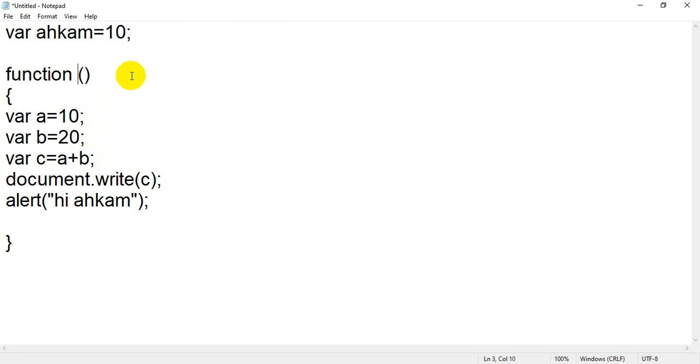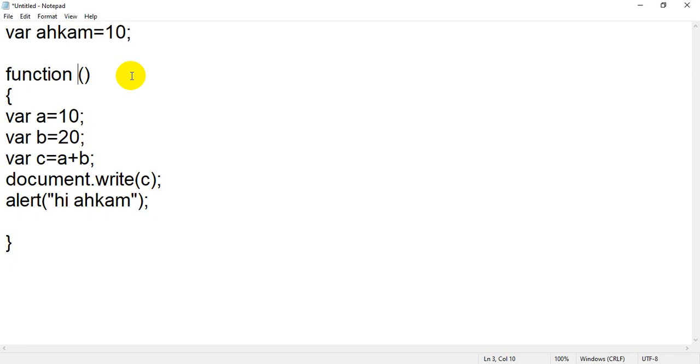But for the rules for naming a user defined function, you have to check the rules and regulations given by JavaScript for naming a variable.